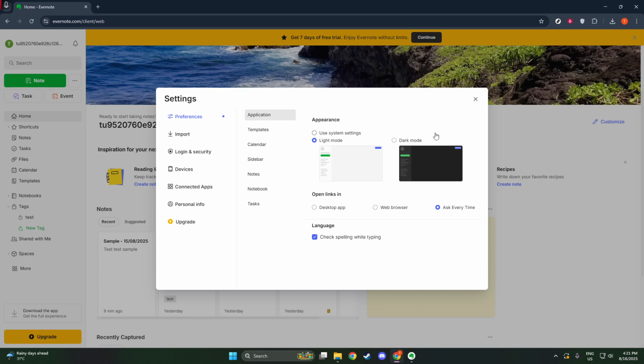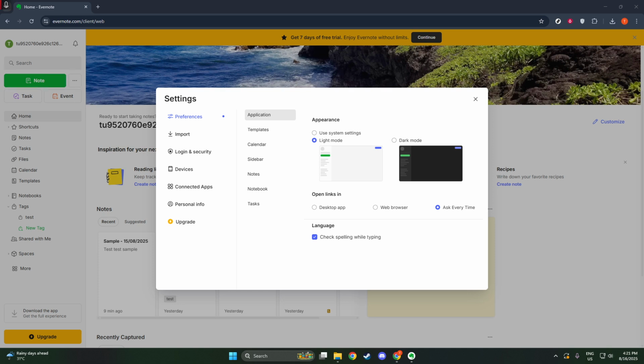Now, if you're using a Mac, there's another way you can enforce this change using your system settings. It's just one more step to help make sure Evernote appears in light mode every time you use it. What you'll want to do is head over to your system preferences, click on General, and then navigate to Appearance. From here, you can select Light, which will force Evernote's user interface to adopt light mode as part of your